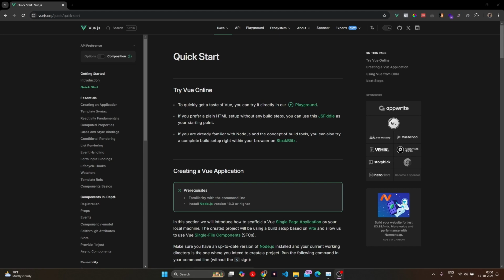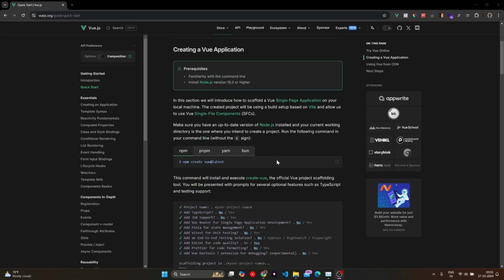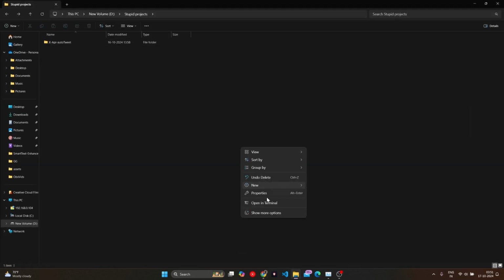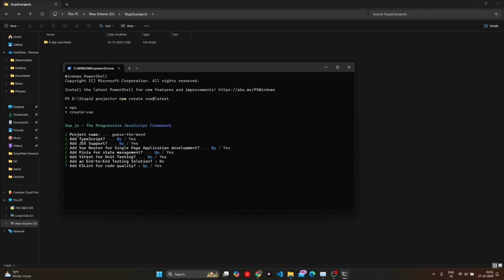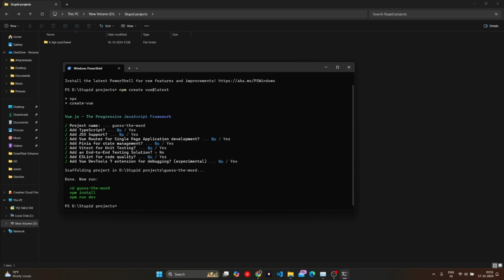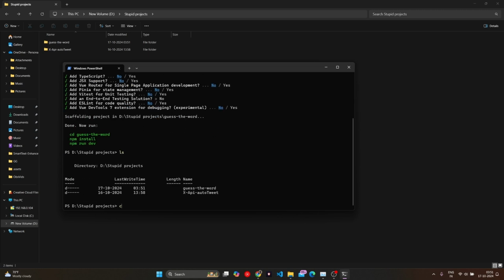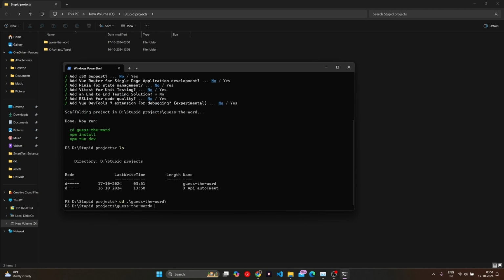So let's start. Here I am in the documentation. You can simply copy this command, go to the folder, open terminal, paste this command, hit run. And now we have to select the name of the project. I'll go with guess the word. I'll be going no with everything because it will be a very small project and I don't need anything complex. So ls, cd is the word, and